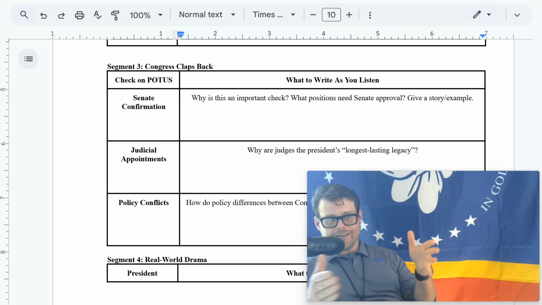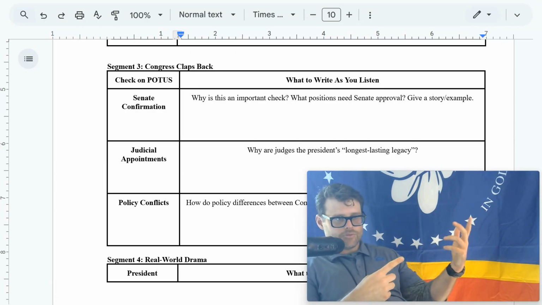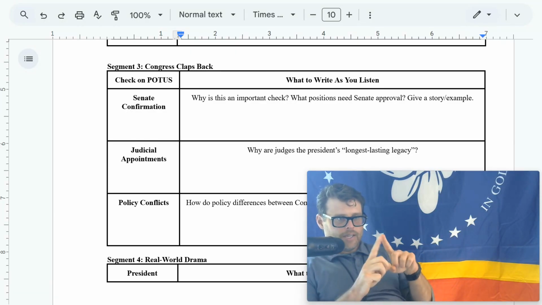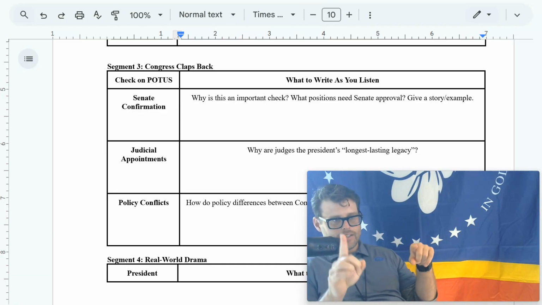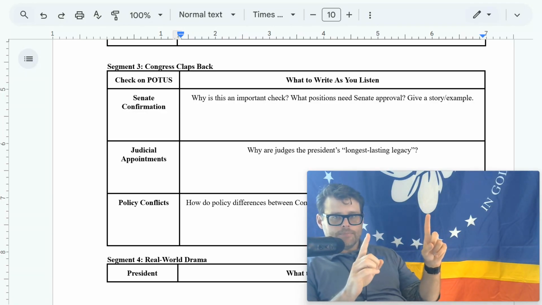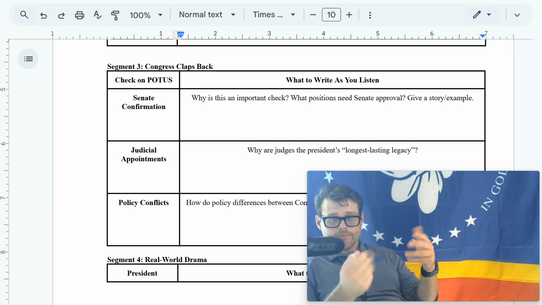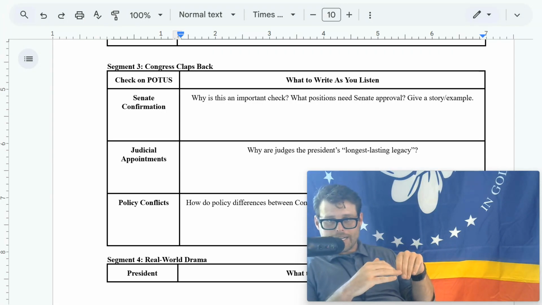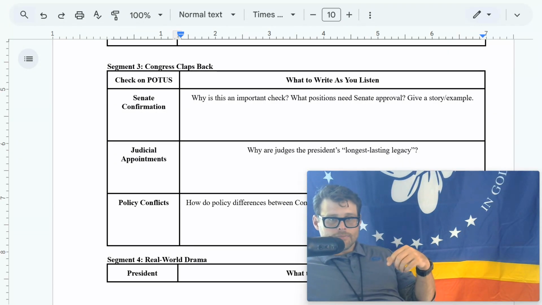Especially in a divided government, right? Where Congress or one chamber of Congress is dominated by one political party and maybe the president or the other chamber is dominated by another. When you have two political parties that have power in either the executive branch or legislative branch, it leads to having to have more compromises and gridlock. So where one party controls the White House and the other runs at least one chamber of Congress, that's when gridlock happens, and presidents often reach for executive orders when that happens.